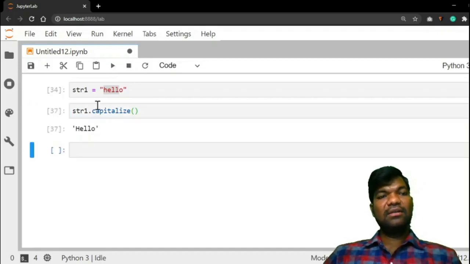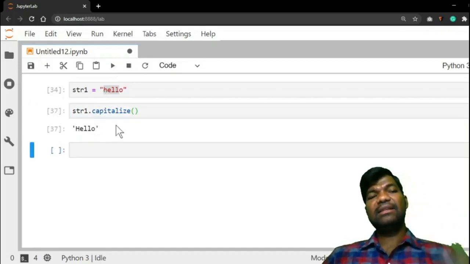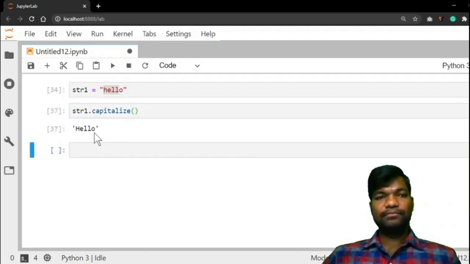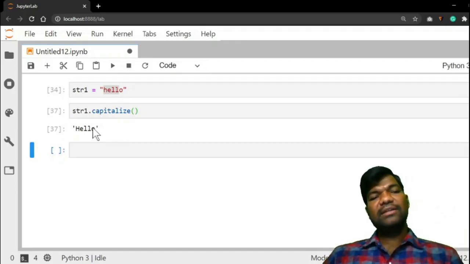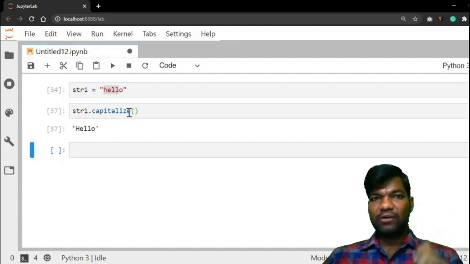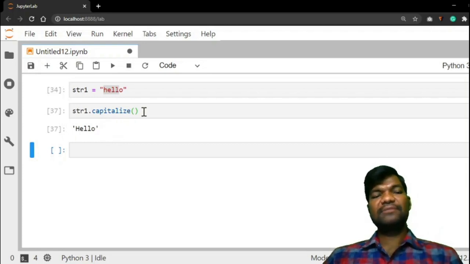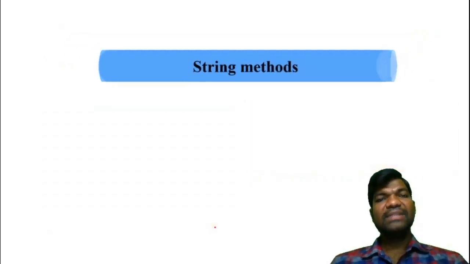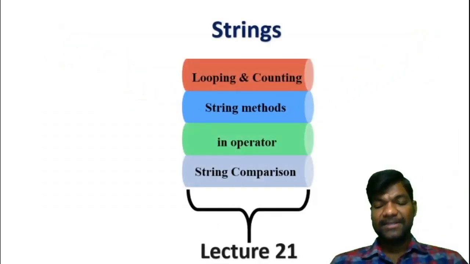So what will you get? The first letter is capital in the word hello, right? So like that, the first letter is capitalized in the word. So that is capitalize. Like that, different methods are applicable in strings. That's the concept of string methods.